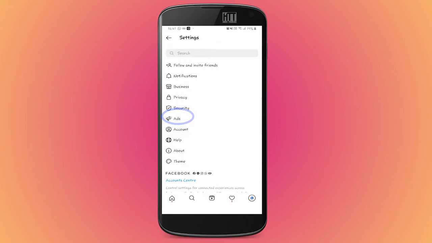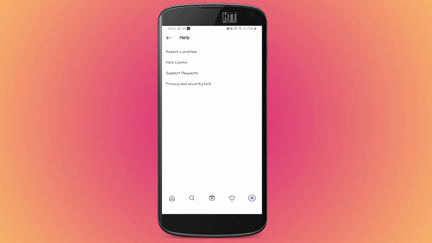Just press on help. Up to here guys, Instagram isn't showing you the delete account button. That's because he doesn't want to lose his customers. So we are just going to follow the steps and we are almost there. Press on help center,